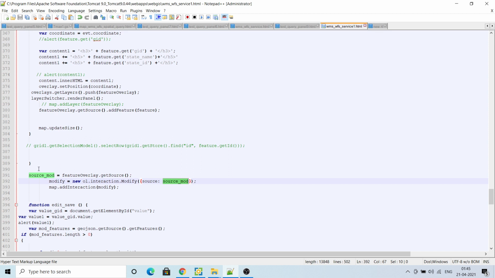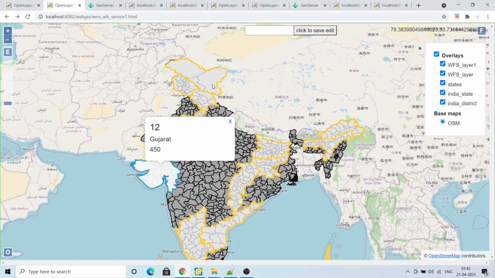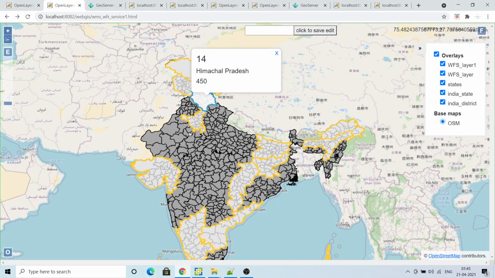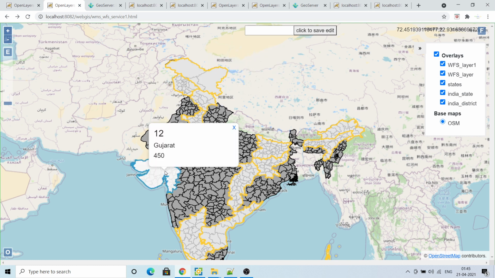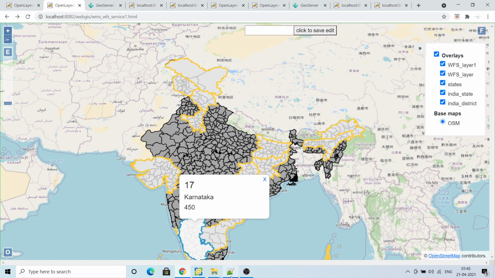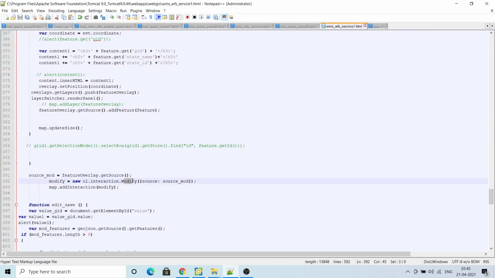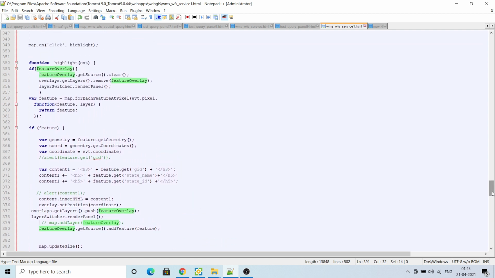So first I have created a source, then feature overlay get source. Feature overlay means whatever layer I am selecting, I have created one more layer called feature overlay, and I am adding that selected feature in the feature overlay, and I am modifying it, like this one. So interaction.modify with source underscore mod. So I am fetching the feature overlay.getSource.